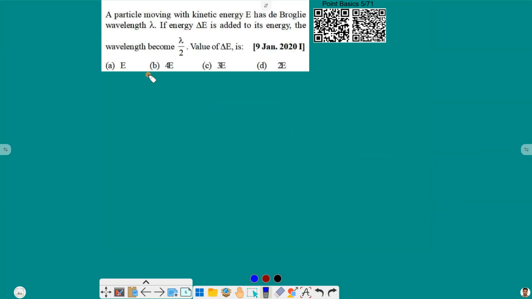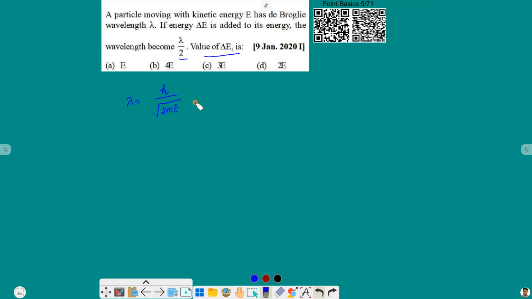Now starting with the next one: a particle moving with kinetic energy E has a de Broglie wavelength lambda. If energy delta E is added to its energy, the wavelength becomes lambda by 2. Then the value of delta E is? So we know already that lambda, that is the de Broglie wavelength, is equal to h by under root 2 m